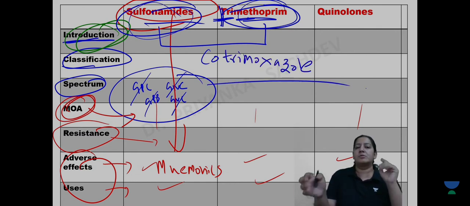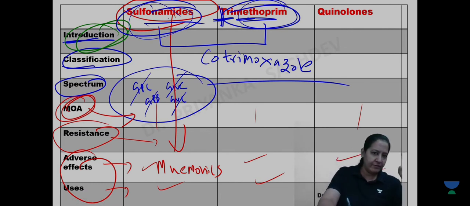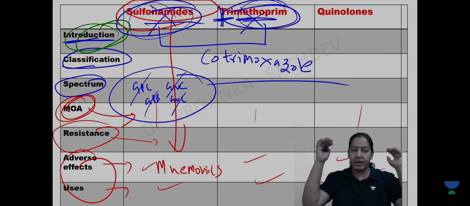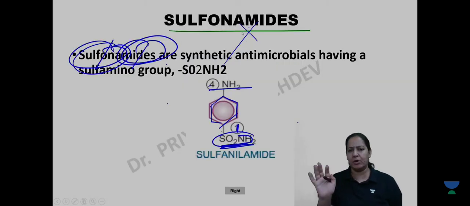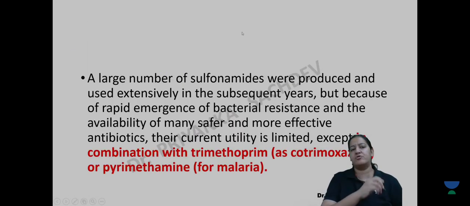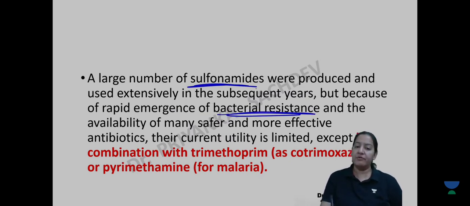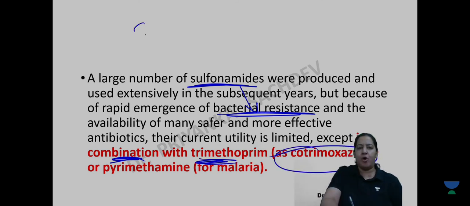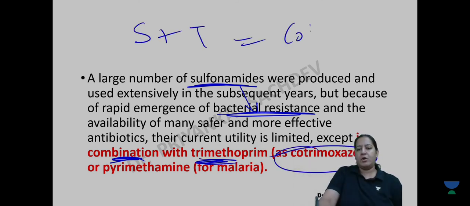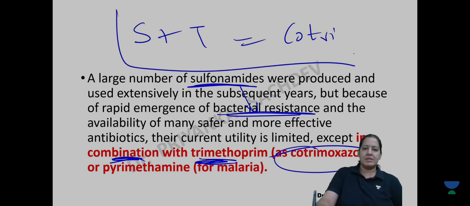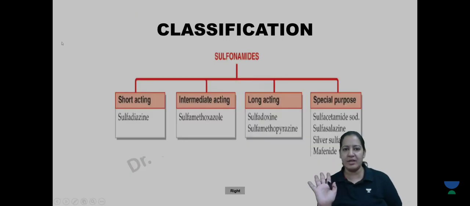So the combination is cotrimoxazole. We never give this alone. We always give both of them in combination. This is a rule, so write this point in the introduction, right? Initially we gave sulfonamide alone extensively, but nowadays bacteria develop resistance. So if we give sulfonamide alone, bacteria don't die. They develop resistance. That's why we always give sulfonamide in combination with trimethoprim, and the trimethoprim and sulfonamide combination is known as cotrimoxazole. Please learn this rule. Write it down in the introduction.